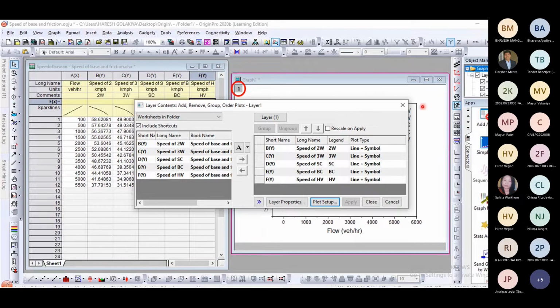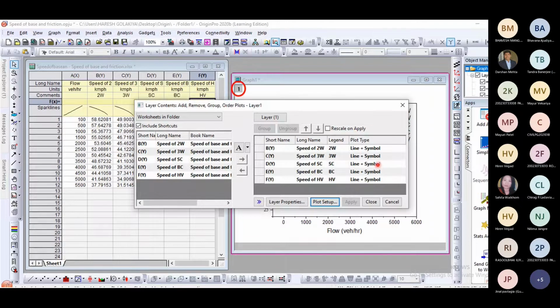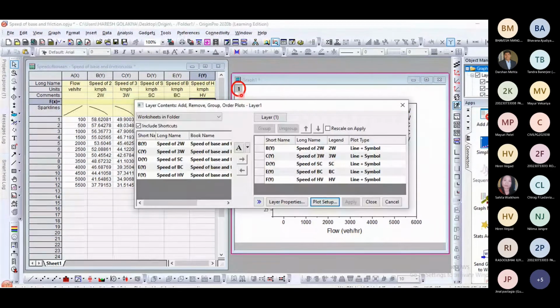Okay, now I have told you in this graph, it is not clear which, suppose we want to know this is for two-wheeler, three-wheeler, which category of vehicle, it is not clear, right? So for that, here we have to click on this one, the one that is written here. You have to double click on it. When it is double clicked, this window will be visible.